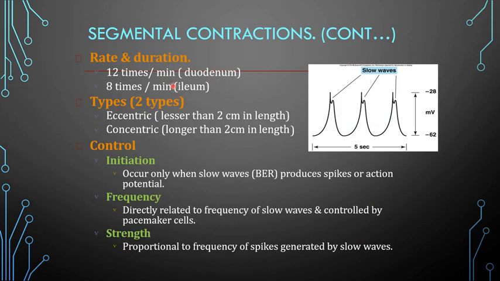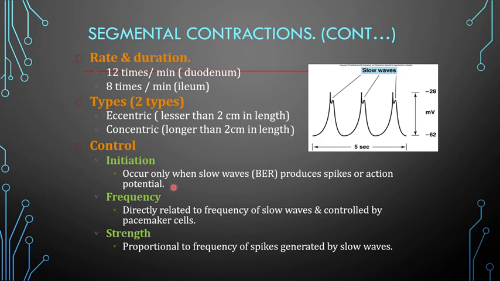And the rate of these segmental contractions is 12 times per minute in the duodenum and 8 times per minute in the ileum. And there are two types, eccentric, lesser than 2 cm, and concentric, longer than 2 cm in length. And these segmental contractions are controlled